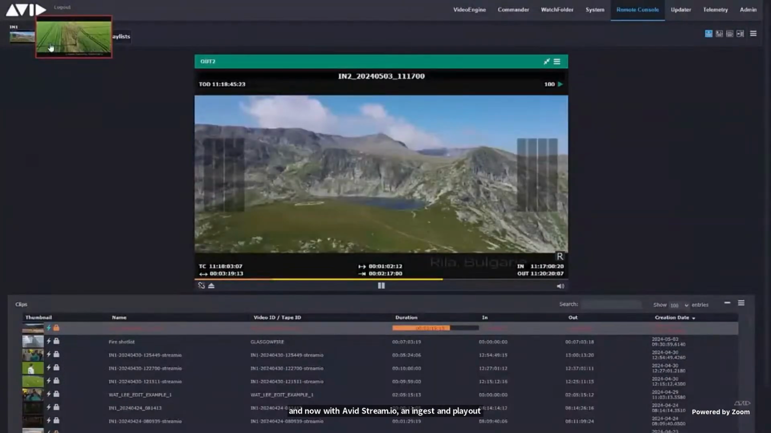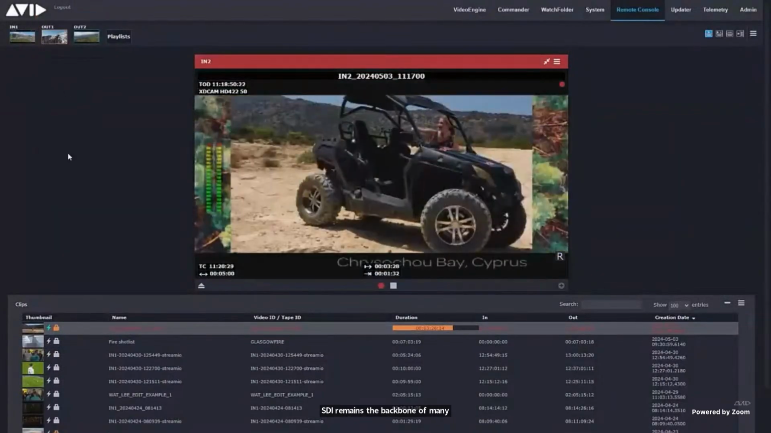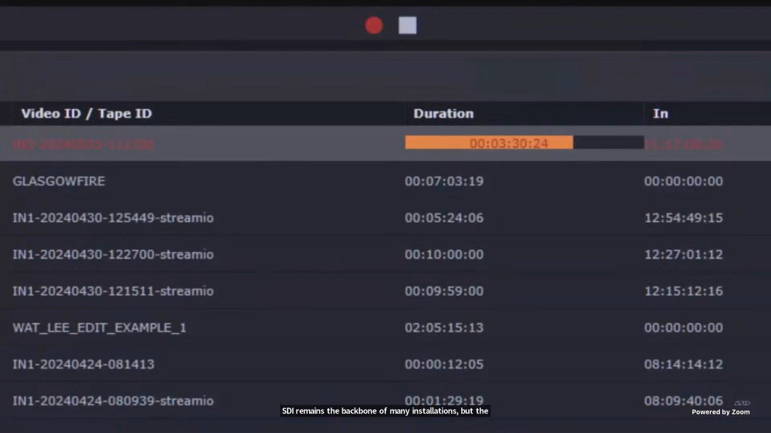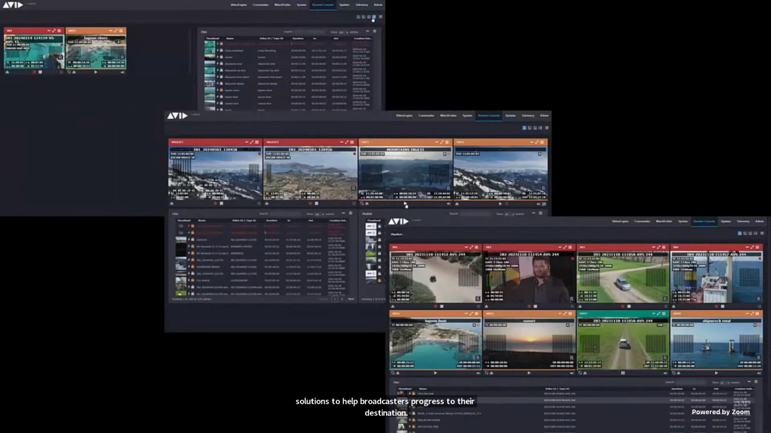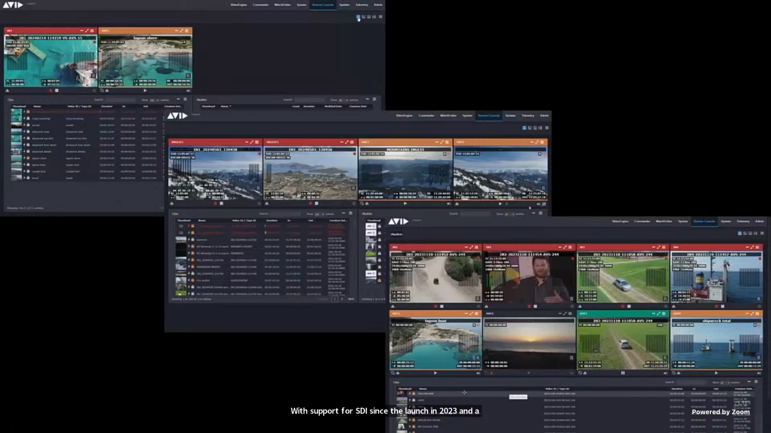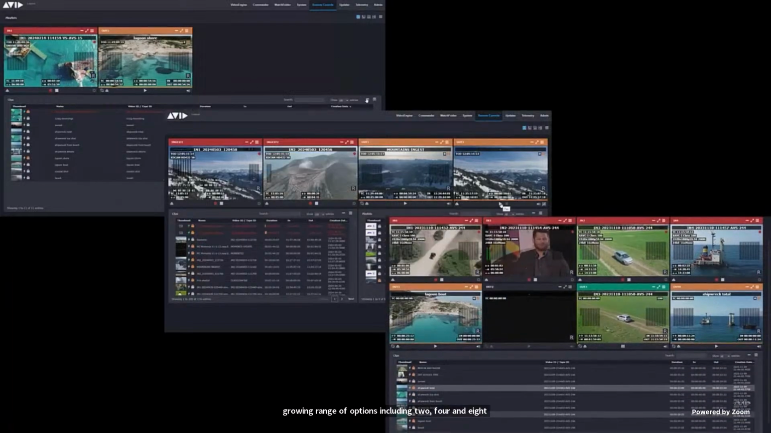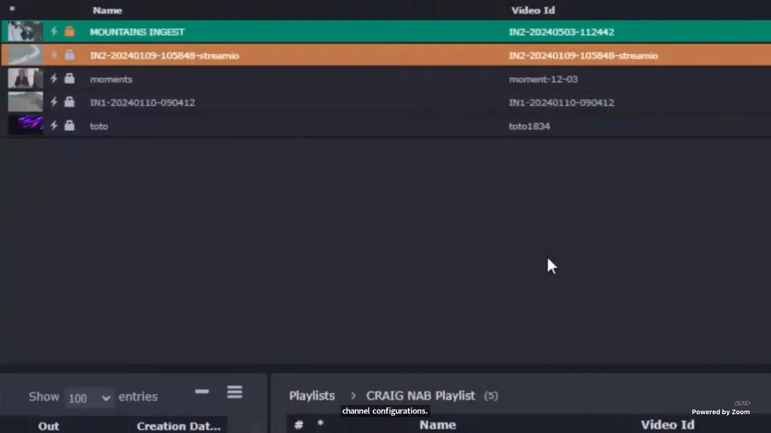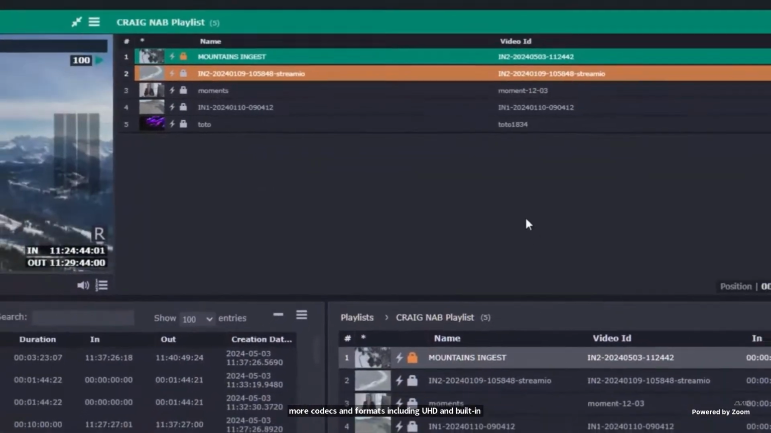SDI remains the backbone of many installations, but the industry is on a journey to IP. What is required are solutions to help broadcasters progress to their destination. With support for SDI since the launch in 2023 and a growing range of options, including 2, 4 and 8 channel configurations, more codecs and formats including UHD and built-in playlists, Avid Stream.io has already been adopted by customers across